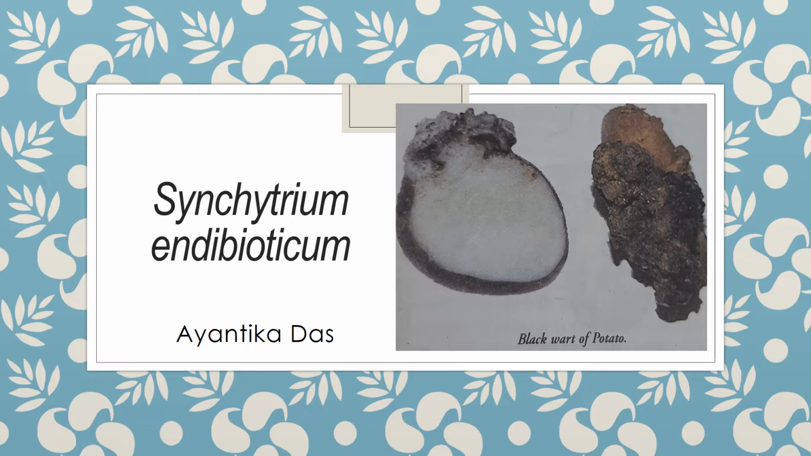It causes the black wart disease in potatoes. And Synchytrium trichosanthidis is also another parasitic chytrid that causes wart disease in cucurbits. Apart from that, Synchytrium